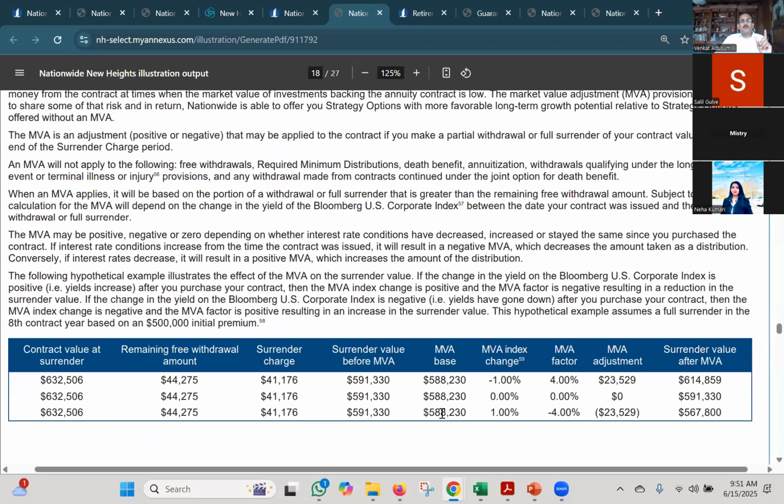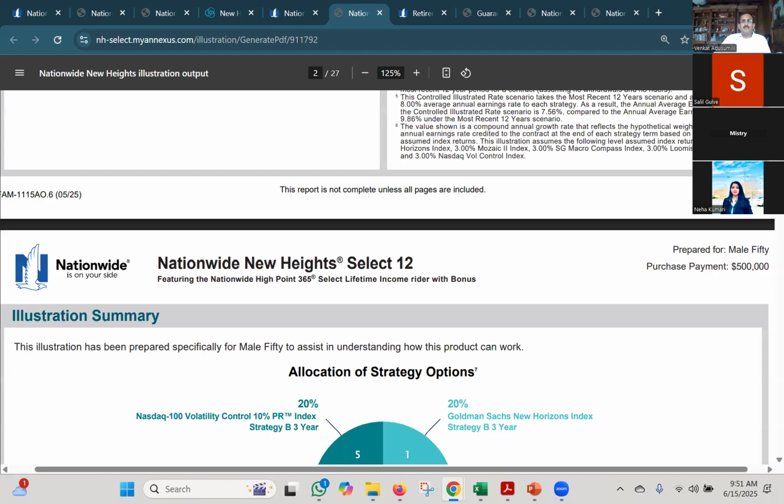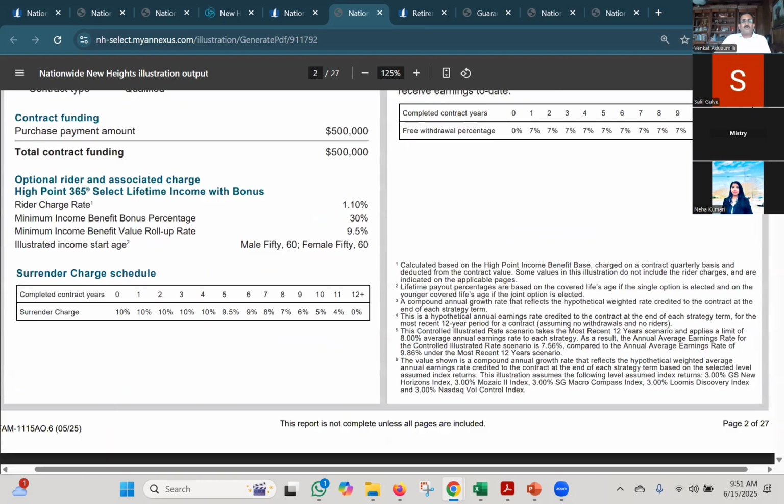There is one more concept, guys. Besides the surrender charge, there's something called a market value adjustment. Normally, let's say I put $500,000 in, and after the end of the first year, let's say there's no growth. I want to take money back. I should be getting, based on that 10%,